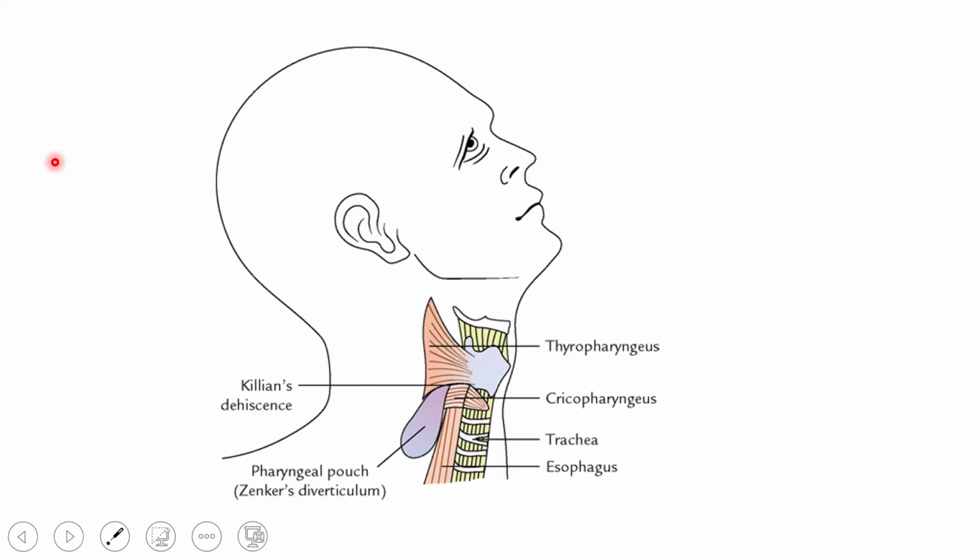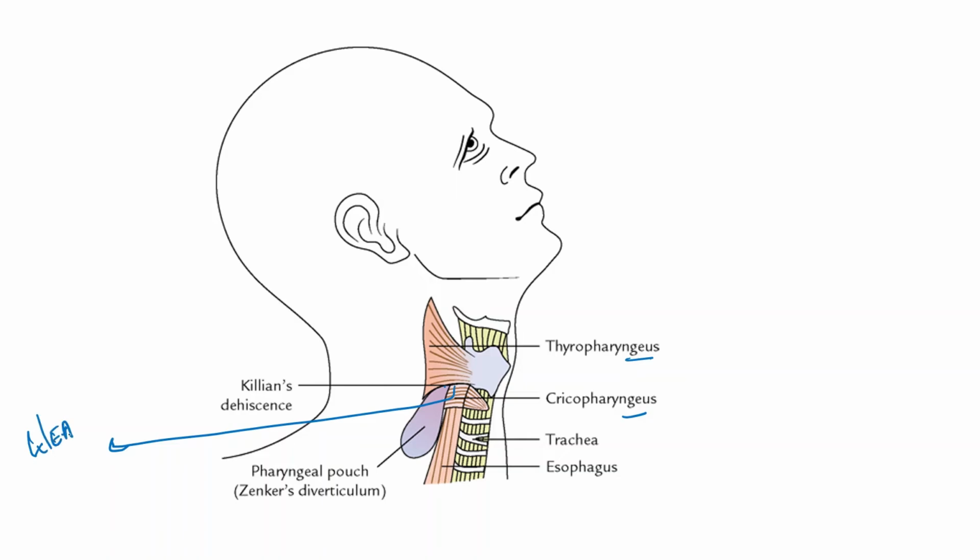One important thing to be noted here is the dehiscence, which is called Killian's dehiscence. This Killian's dehiscence is nothing but the weakest point along the constrictor group of muscles. It is the junction between the cricopharyngeus and the thyropharyngeal part of the inferior constrictor. The area between the thyropharyngeus and the cricopharyngeal part of the inferior constrictor is considered the weakest part of the pharynx. It is the weakest point of the pharynx